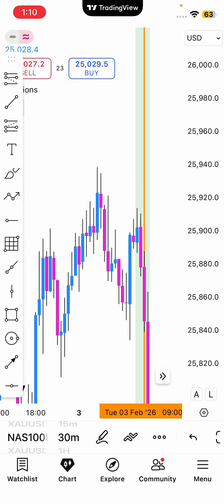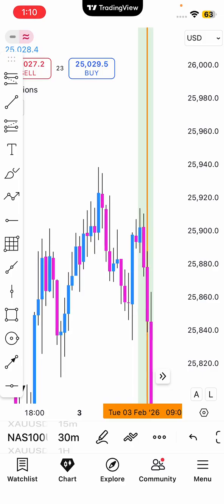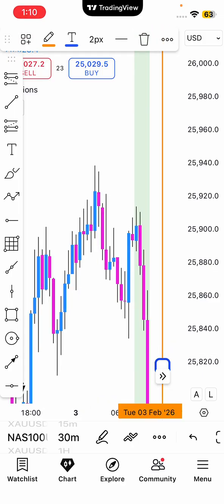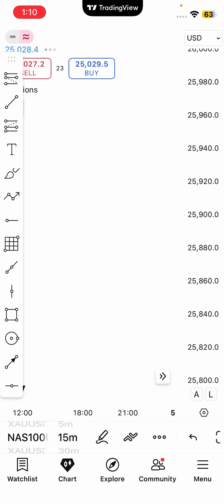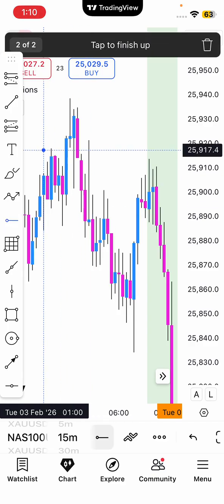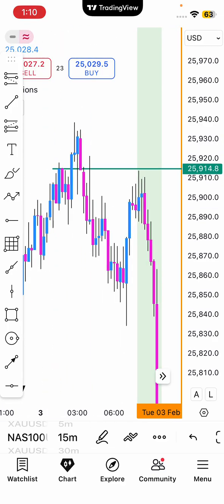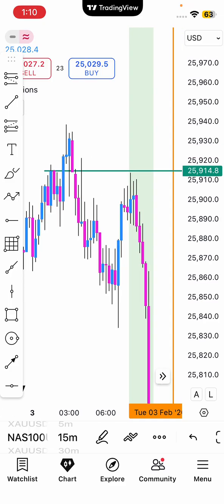What do I notice on the 30? I don't notice really, honestly, any sell setup that I can visibly see. So I go down to the 15. And then this is where I noticed that there was a QMR, right? So price never pulled back to the QMR, right? So I'm paying attention to the